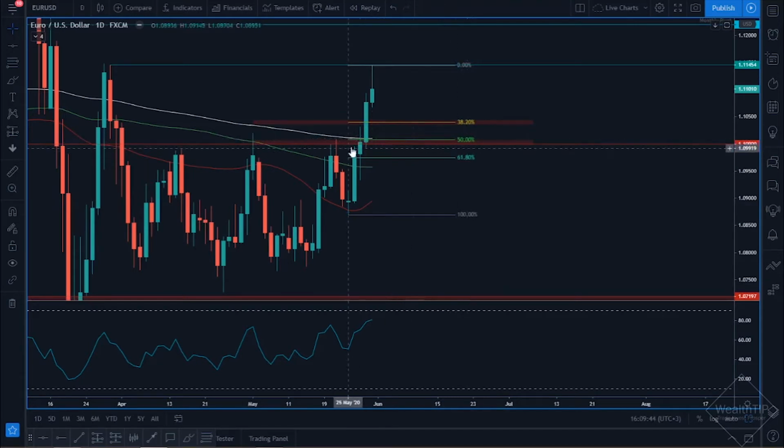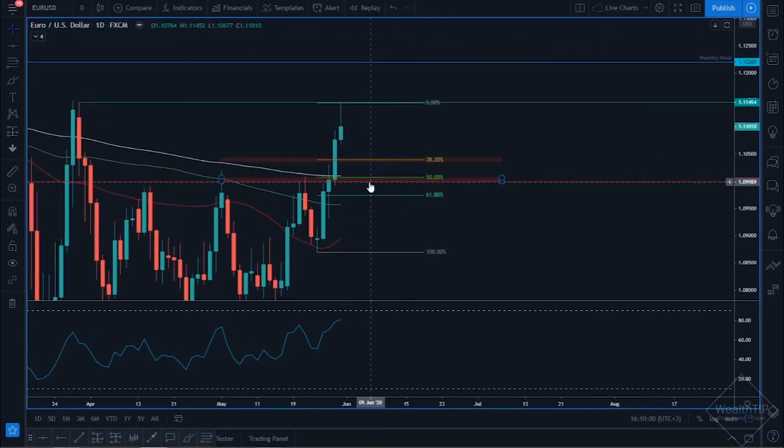And the reason being is because we have this moving average over here, we have the 50% retracement, and we have the key support level of 1.1. These are all strong factors that suggest that if the price was to in fact get to this point over here, we would have quite a nice opportunity to run the market all the way to the current double top pattern over here, the current resistance. And if it breaks, we can run it all the way to the monthly pivot.